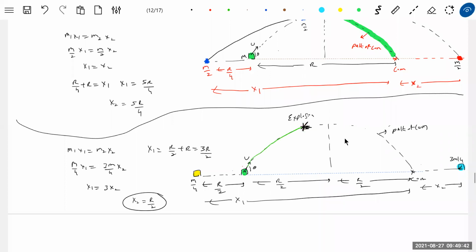There's no object that will move here. Sir, is there any mass that will move in this direction? Nothing. Center of mass will move in this trajectory. Parabolic path, it will continue. The other objects will go like this. Now what are this red color and this one? This is the trajectory of